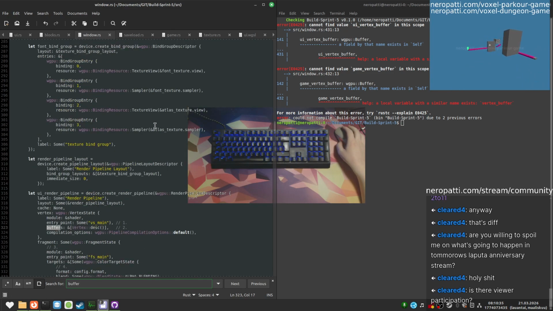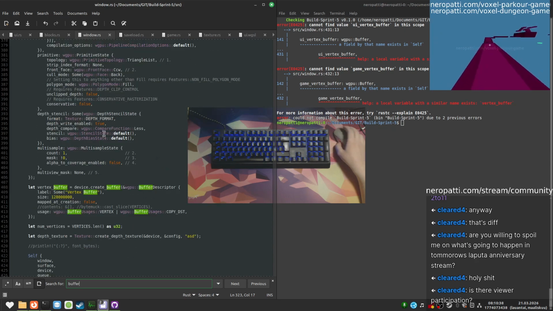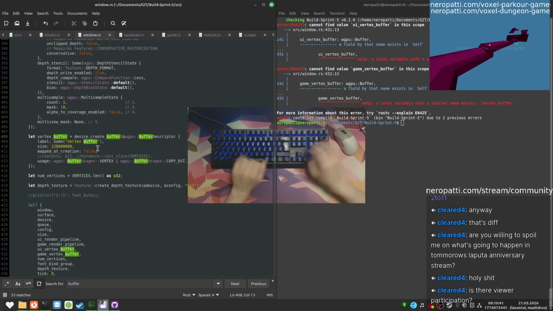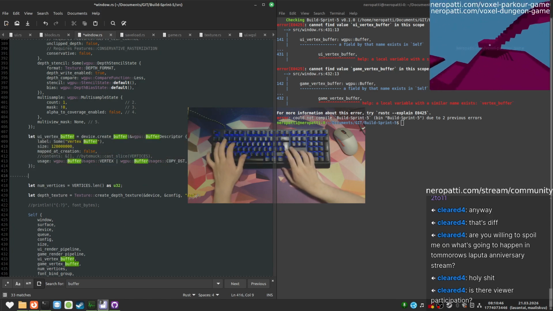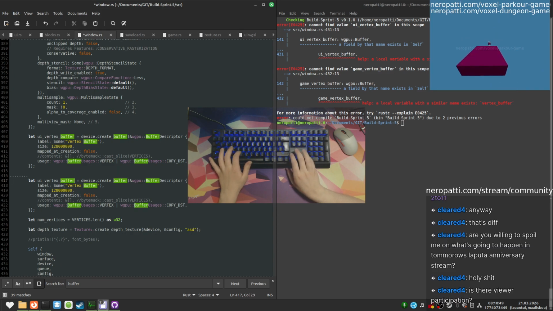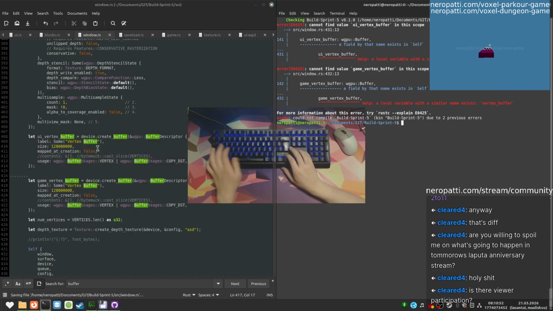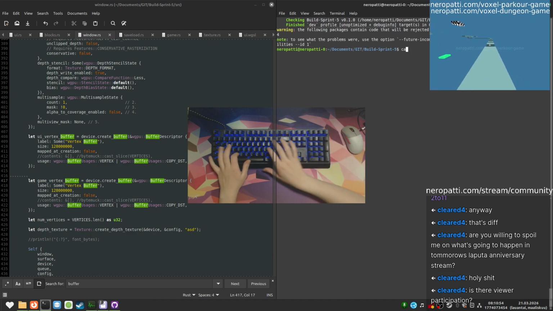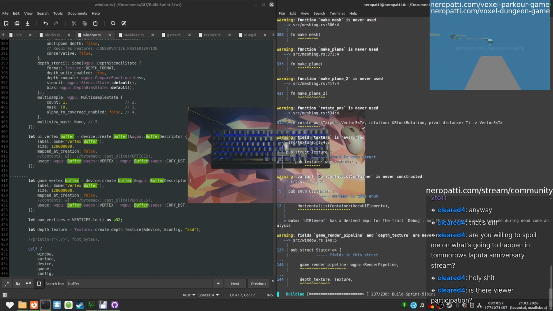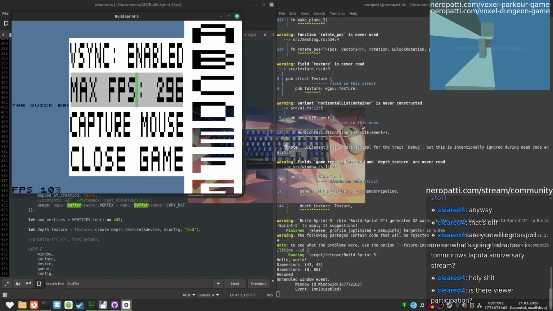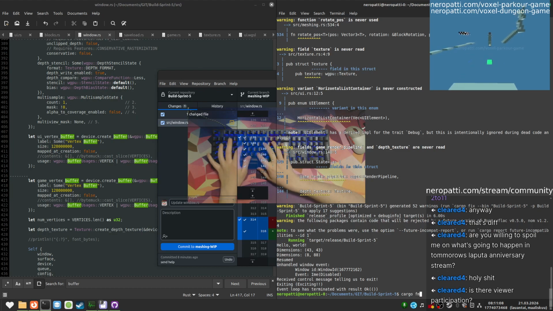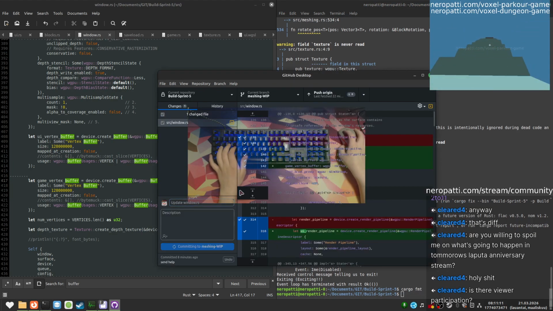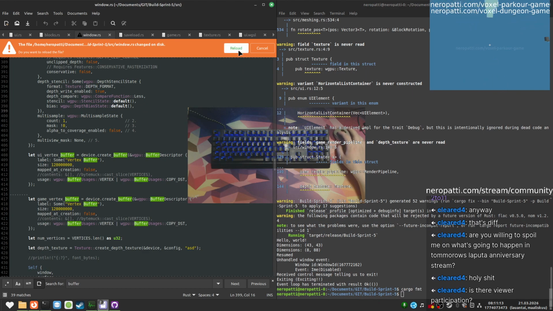Where do we create the buffer? The buffer. Here's the buffer. Let's create 2 buffers. Let's go. And now we render everything like before. Yeah, let's make a checkpoint commit. And then